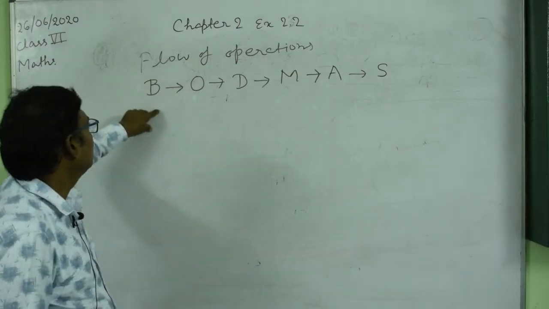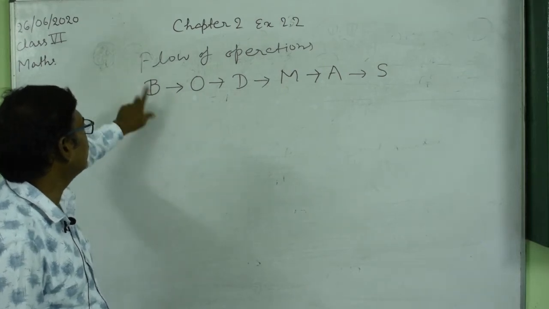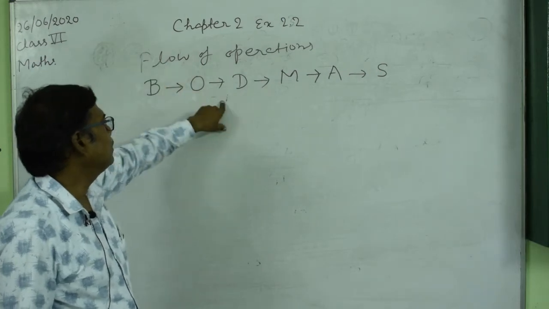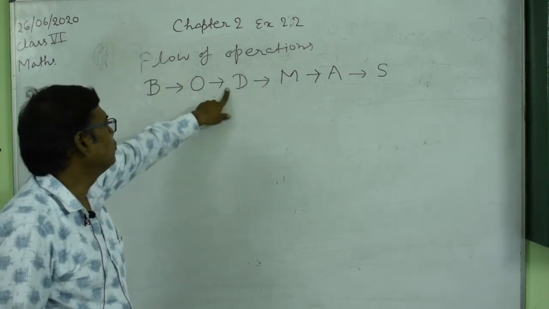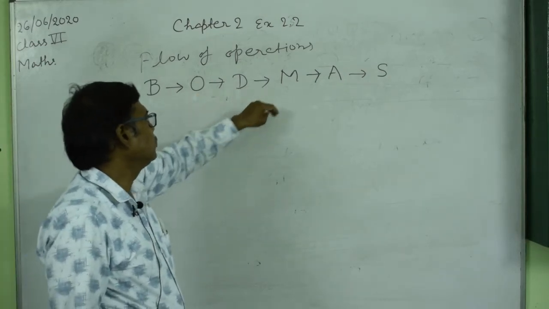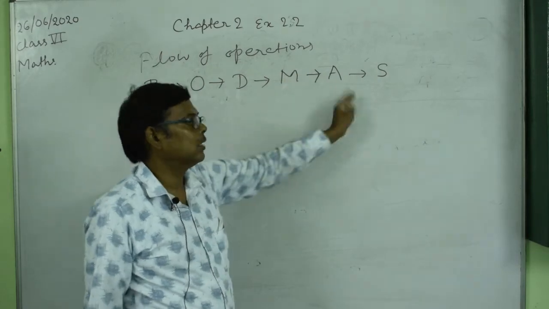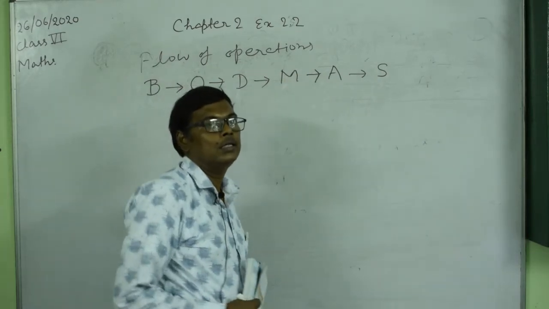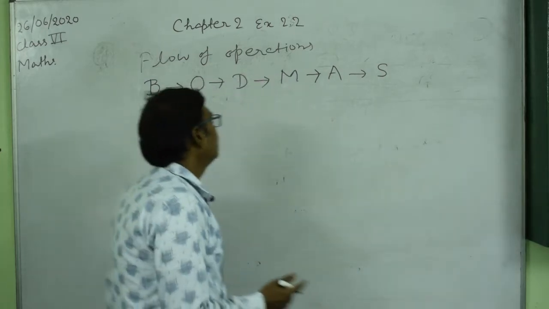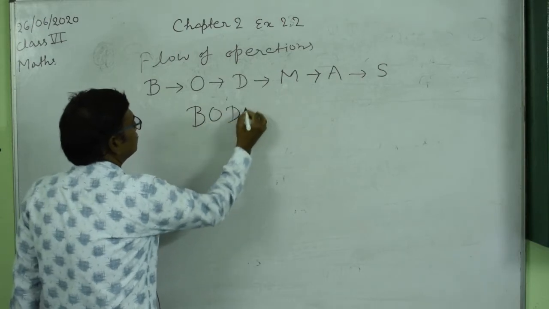First we will solve the brackets, and after solving this we will solve the "of", if there is any. Then after doing this operation we will move on to the division operation, and after finishing it we will do the multiplication, and after finishing this we will do the addition, and at the end we will operate the subtraction. So in short, this is called BODMAS.